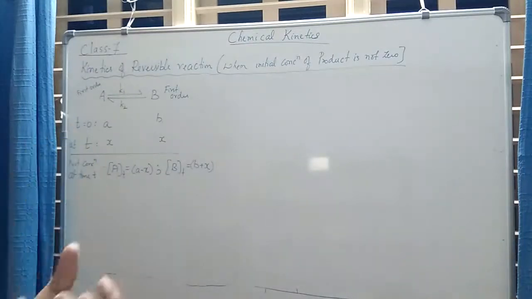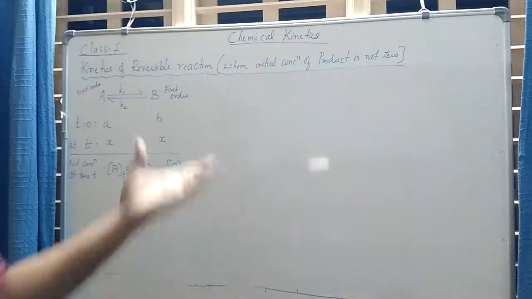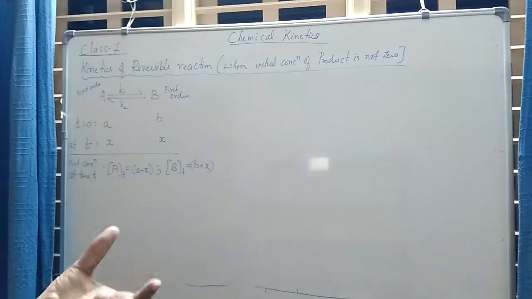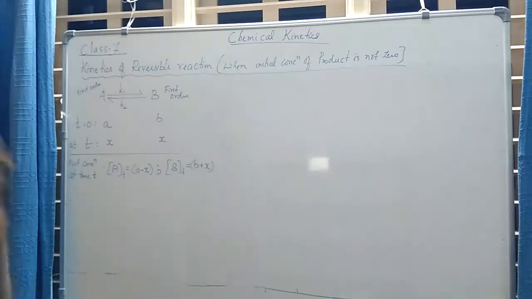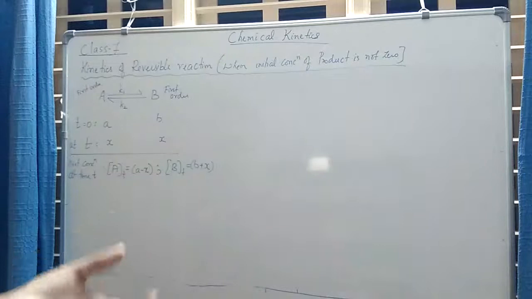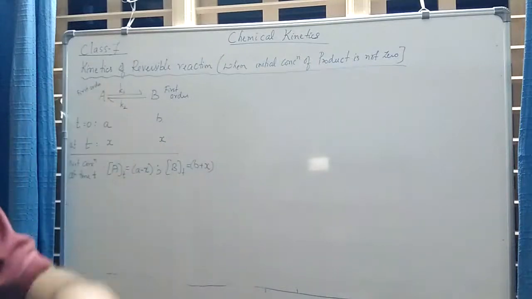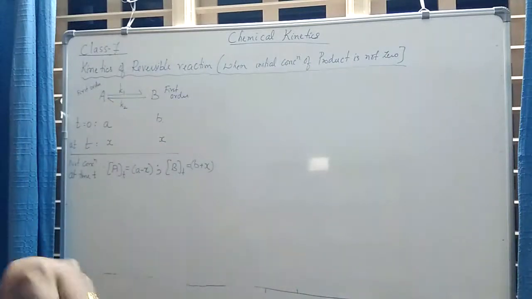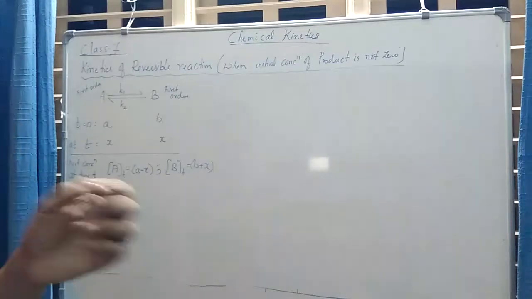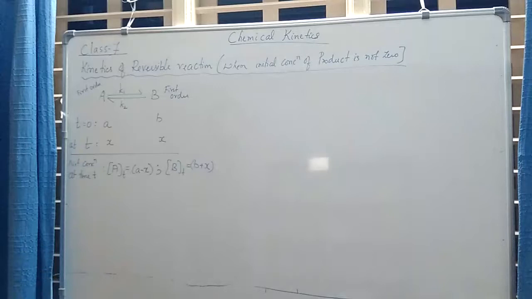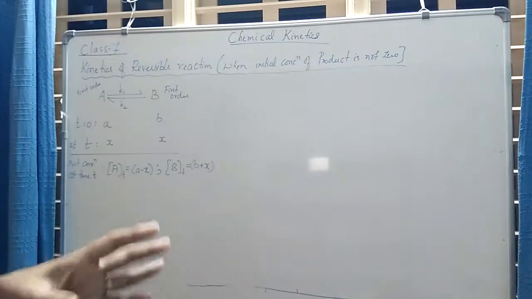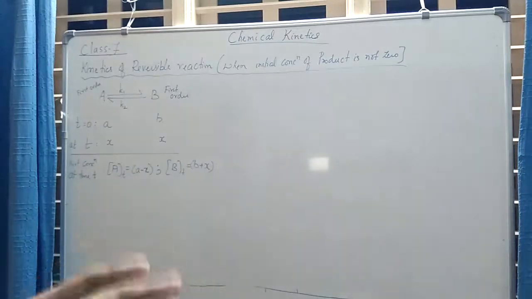I already have this compound B, that is the product B, prepared earlier. What I'm doing now is, before the beginning of this reaction, I am intentionally adding a certain amount of the product B into the reaction mixture, and now I am trying to evaluate what would be the kinetics of such a reaction. So we will follow a very similar mathematical derivation of rate constants K1 and K2, and also try to find out K1 plus K2.